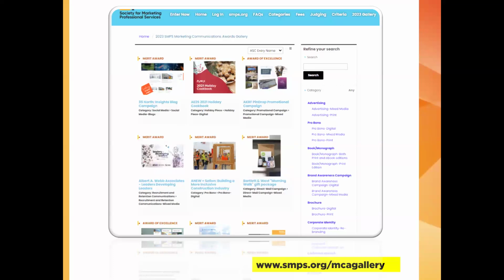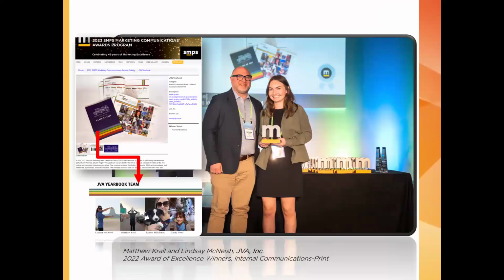If you know a firm name that you would like to see what they submitted, you can enter the firm name. There's many different ways to search for entries, but those would be the two main ways to do that. Once you select an entry, you will then have a window pop up, and it will have that main entry